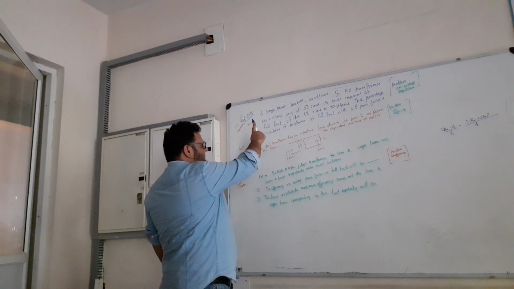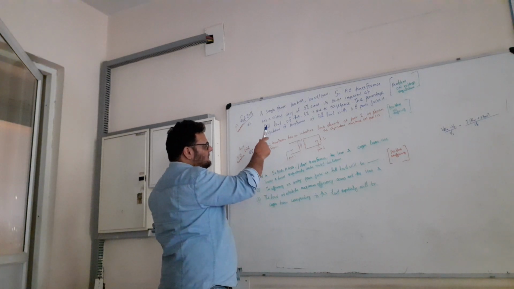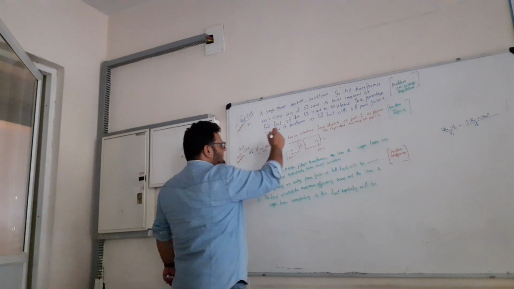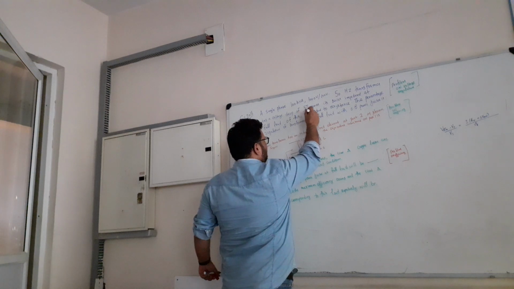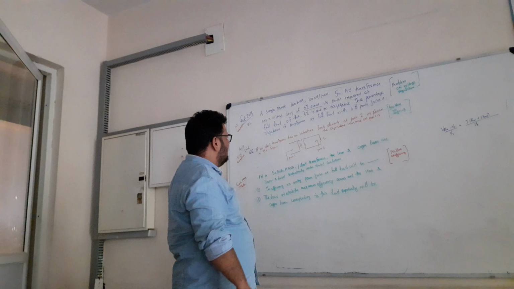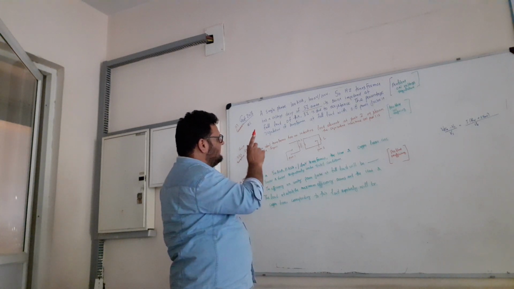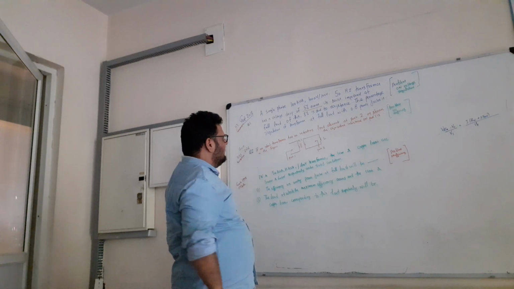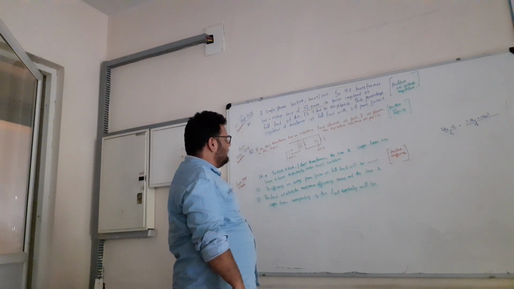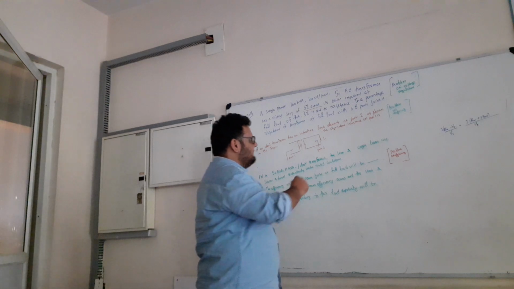So the first problem reads: a single phase 100 kVA 1000 volts by 100 volts 50 hertz transformer has a voltage drop of 5%. Its series impedance at full load is 3%, and this 3% is due to resistance. The percentage regulation of the transformer at full load with 0.8 power factor is. So this is my first question.